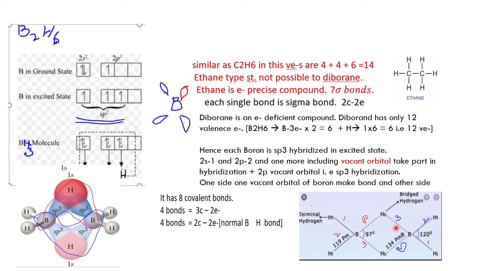With that, this hydrogen is a circle. This is the shape of hydrogen, the s orbital is circular, and it is overlapping everything. So what does it mean? The vacant orbital also takes part in diborane and makes the banana shape. Understood what I am saying? That makes a banana shape.